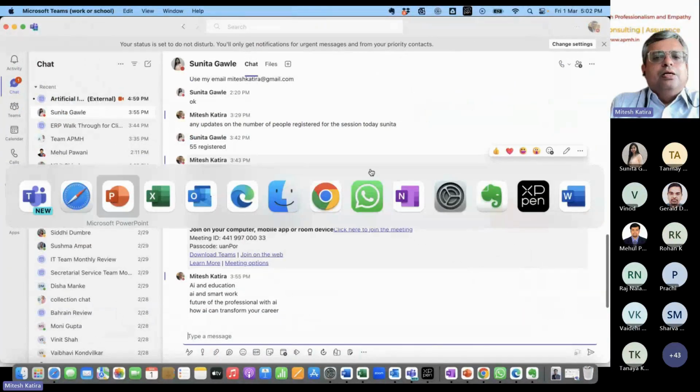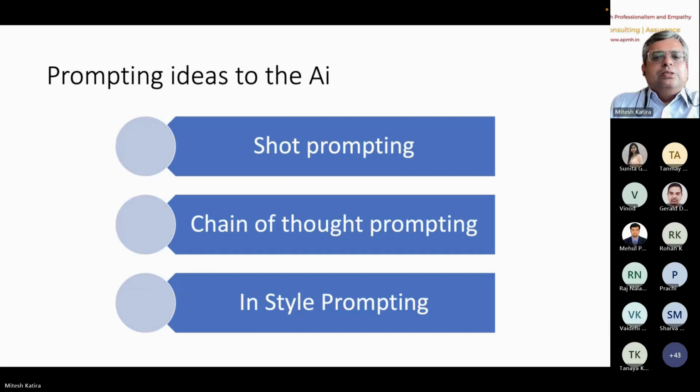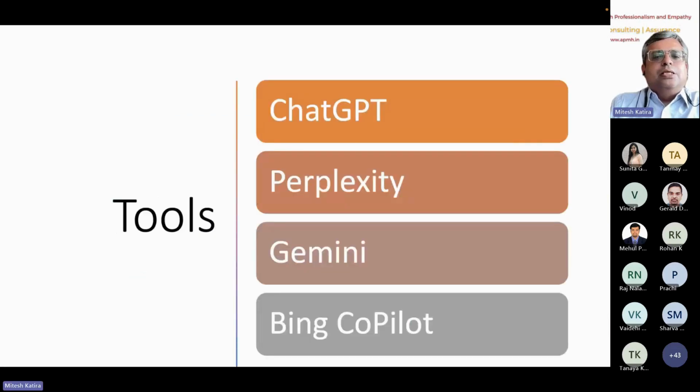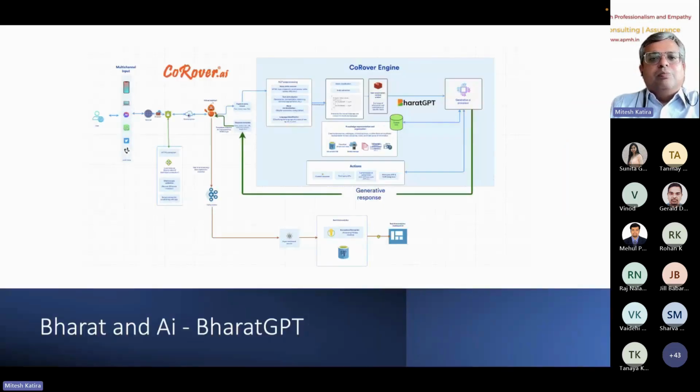end of the discussion. So ChatGPT, Perplexity, Gemini और Bing Copilot, ये 4 टूल्स आप यूज करके देखिए। इनसे बहुत सारे आपके विषयों पर आपका ग्रिप आ जाएगी। So a lot of things you will learn and you will fast track your process of education, as well as you will look smarter and efficient in your office. आप चैंपियन दिखेंगे अपने ऑफिस में और बहुत बढ़िया तरीके से आप ऑपरेट कर पाएंगे।